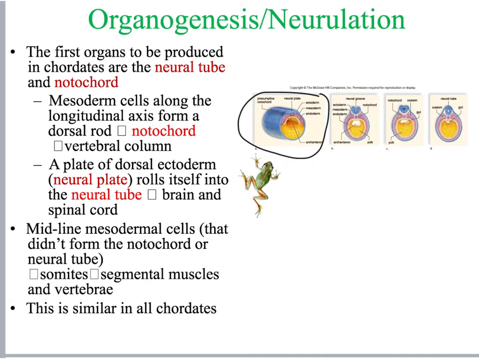Now, what happens is that the endoderm eventually undercuts, and as its edges come together and fuse, it encloses part of the yolk sac. Now, before we get to that, let's talk about this formation of the neural tube and the notochord. The first major event in organogenesis is neurulation, and this basically comes from the ectoderm, and the ectoderm produces the brain and spinal cord. This process is induced or stimulated to happen by chemical signals from the notochord, which is a rod of mesoderm that defines the body's axis.